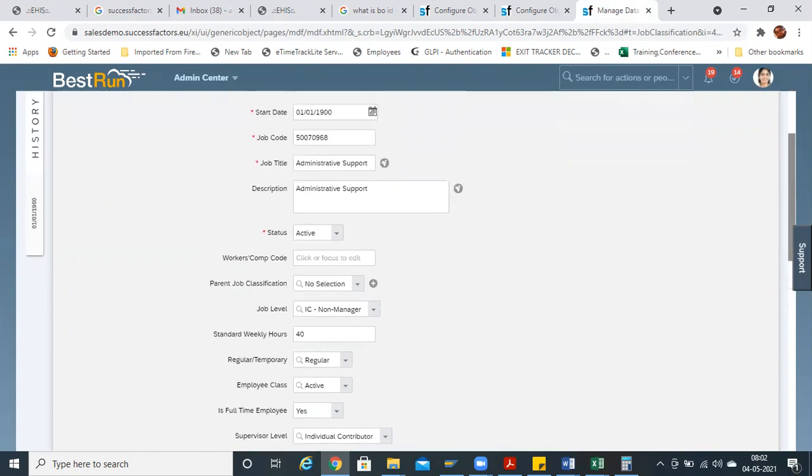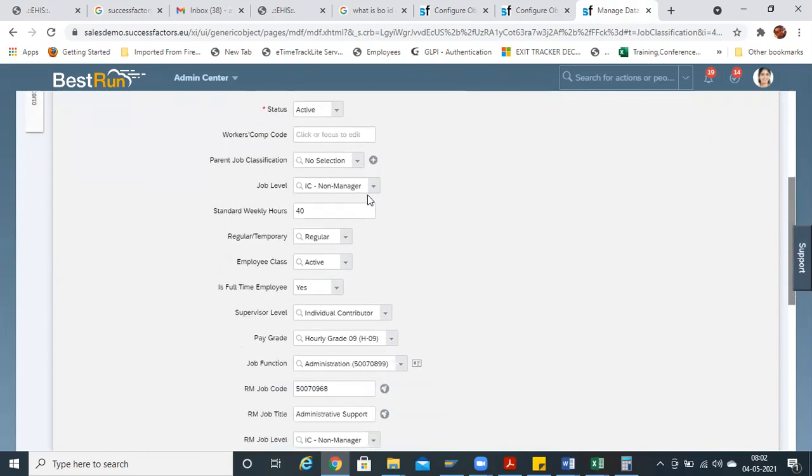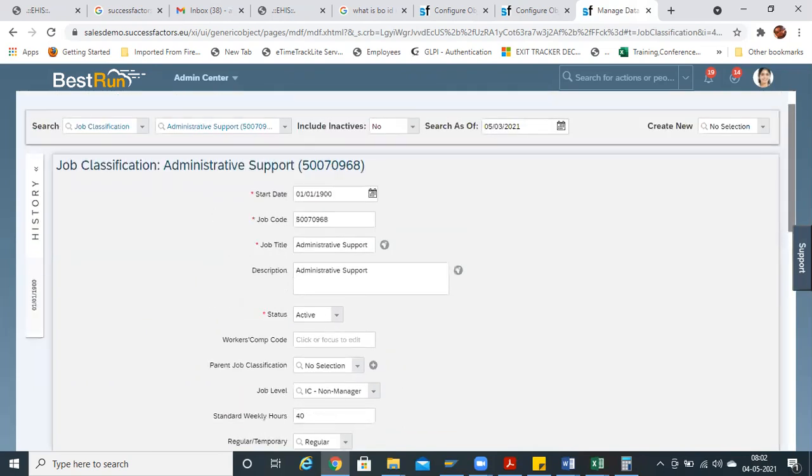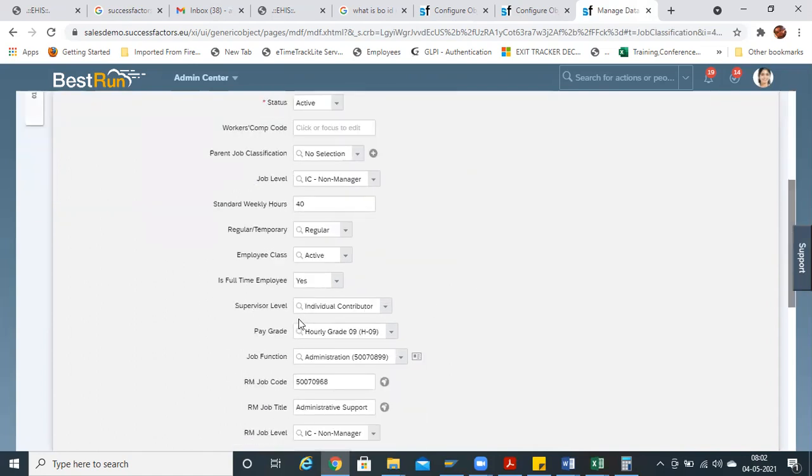You may even assign it to job level and all. And this is again linked with position. If you select one job title, it will automatically default certain values like pay grade and supervisor level, because we are assigning those standard objects into job classification. When we start position management and select the position, first we will be selecting the job, which will default certain values. We have to create job, and job is indirectly assigned to position.